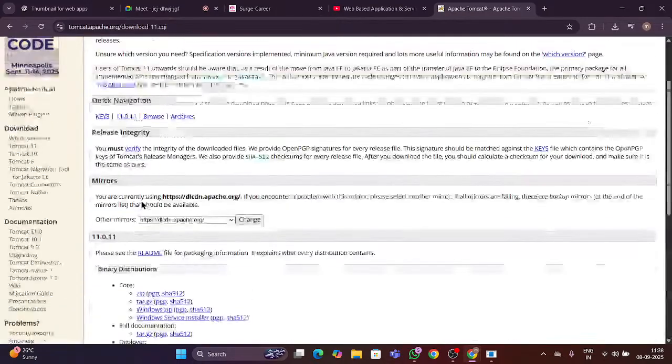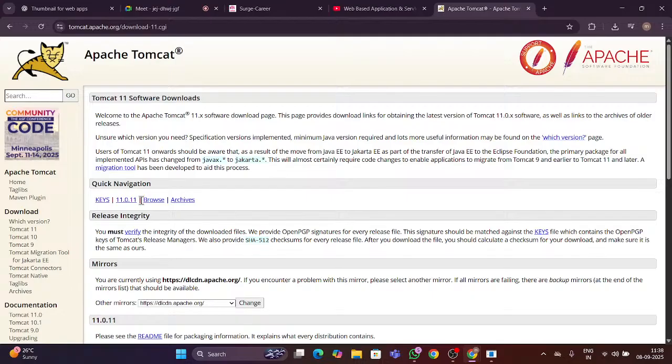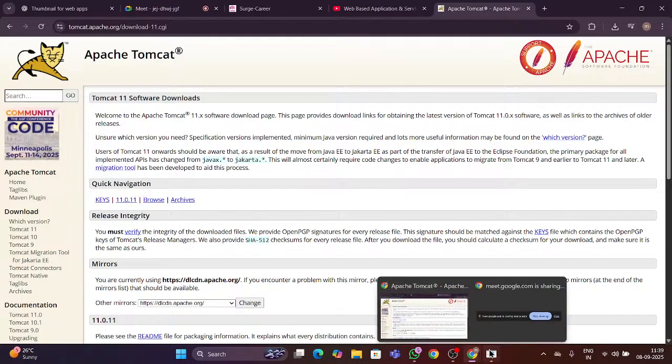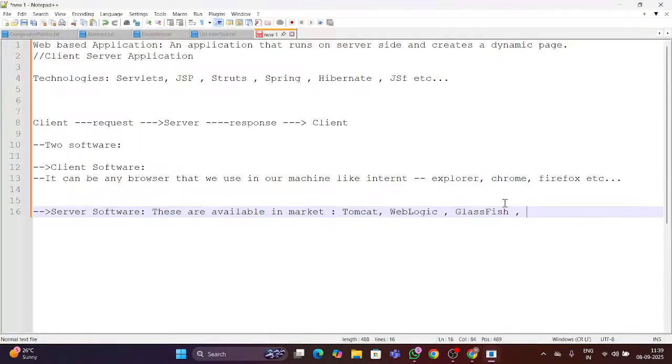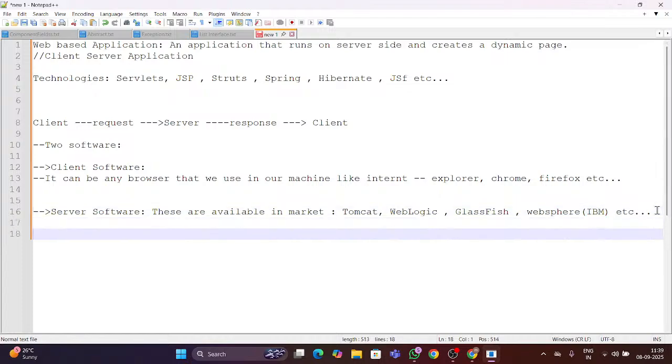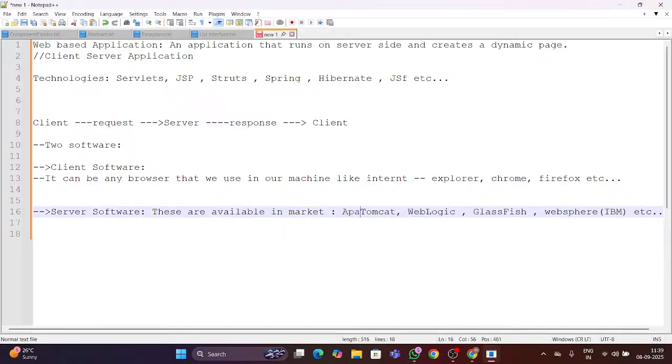Instead of this, there is an option in Eclipse to download the Tomcat server internally or by default, as I have shown you in the last class. Then we have GlassFish and then we have WebSphere. This WebSphere is also a trending thing. Why? Because it was developed by IBM Software Solutions. You are all aware of the IBM company. That is the company which developed WebSphere. And this Tomcat server is from Apache Software Solutions, so that's the reason it is called